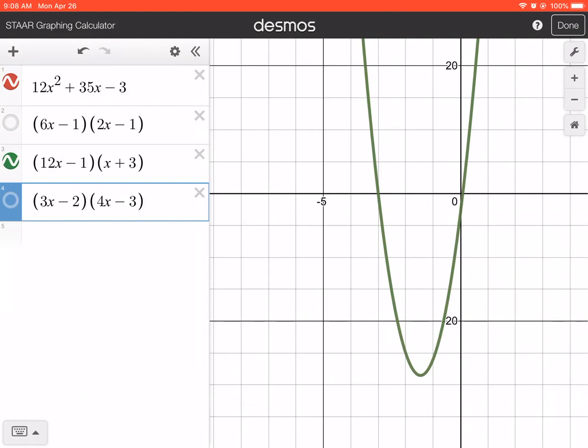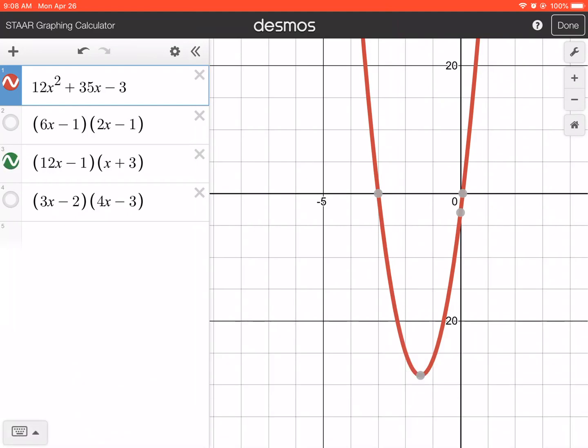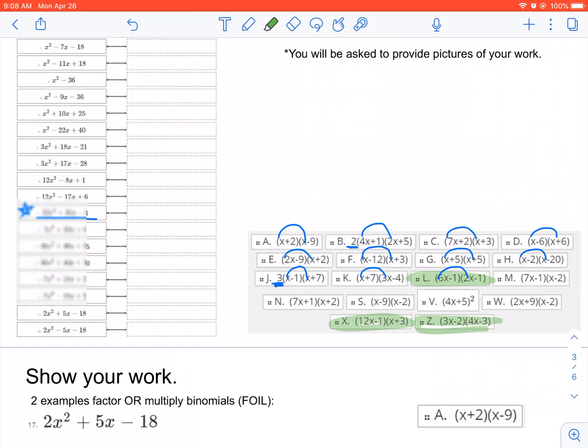Now that you know that we're looking for ones that start with 12, you can go match that section since you already have all of these factors typed in. And our answer for number 11 is going to be L. That was, no, I'm sorry, that was choice X. So let's go ahead and write that down. So right here we have choice X, and you're going to drag that in. And then X will be gone, and you will not use it for any other question. So you would drag